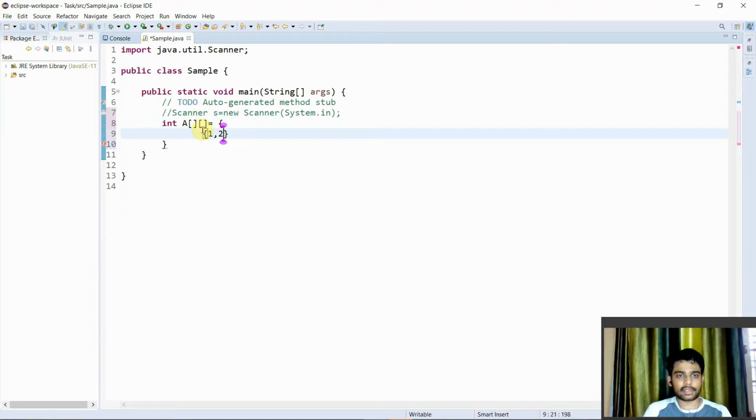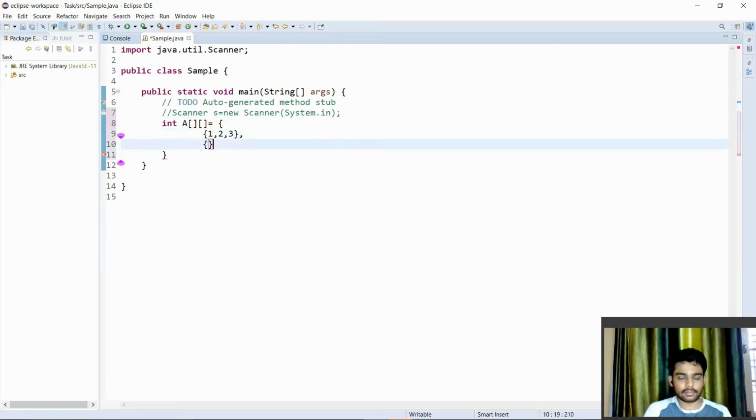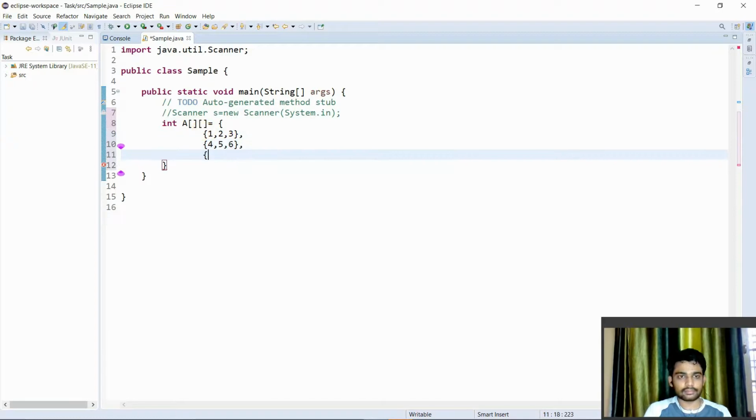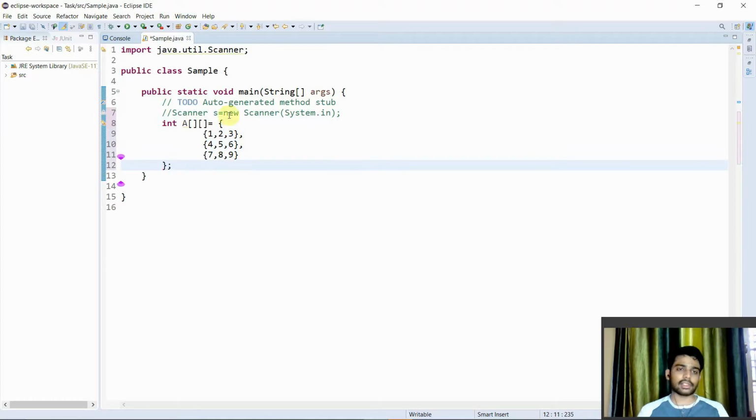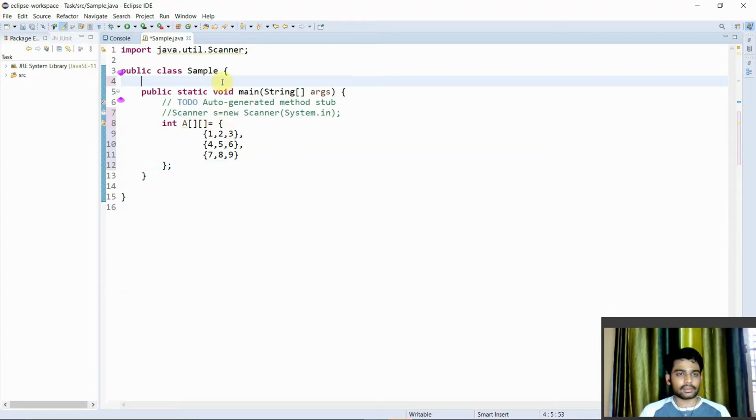We'll take the same matrix as we took in the example: 1 2 3, 4 5 6, 7 8 9. The same matrix which we took in the example explanation, we have taken here.